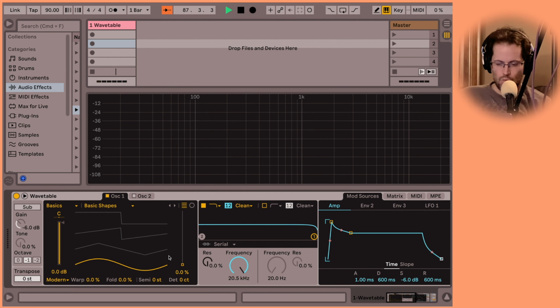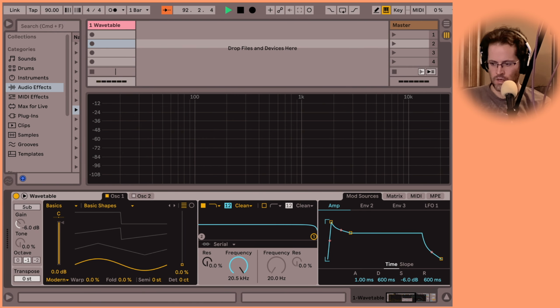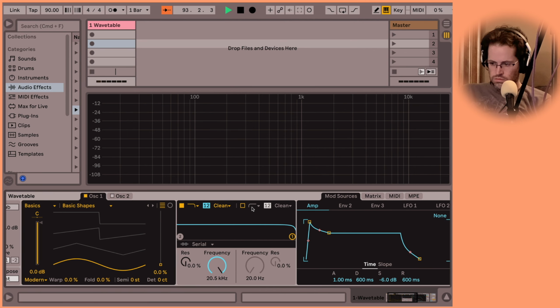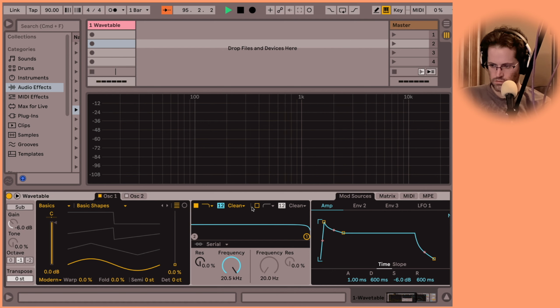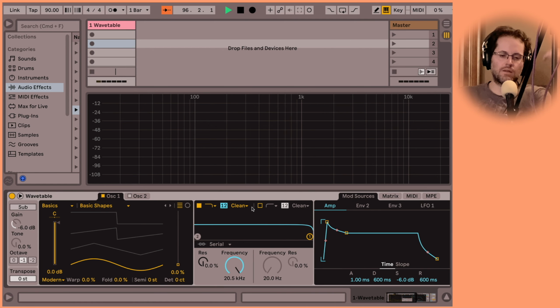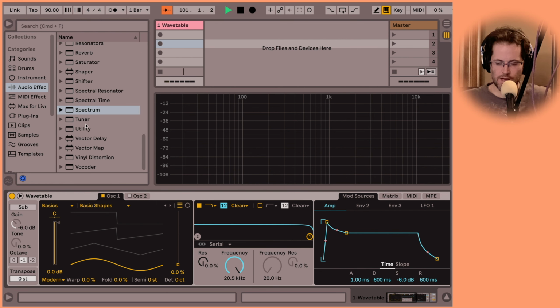So, Wavetable is great. If you don't have any synthesizer, like you have Live Intro or Standard, I don't think you really get hardly any synthesizers. And if you were thinking about buying one, you should buy Wavetable.